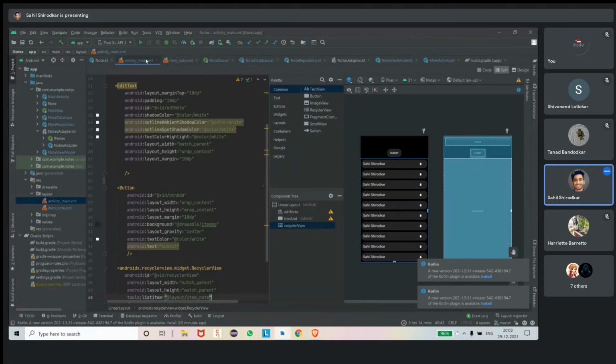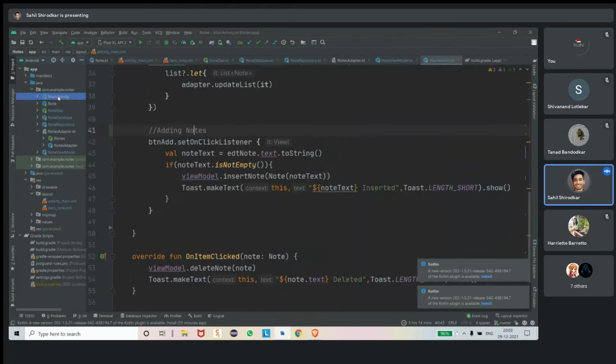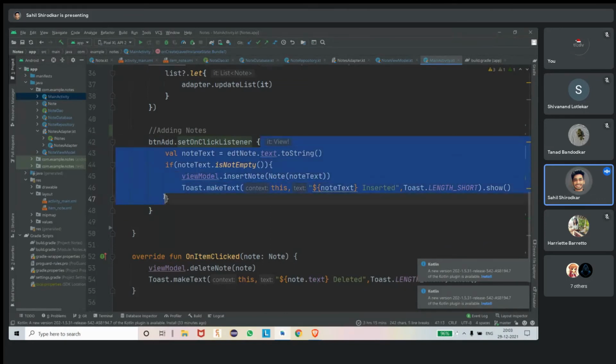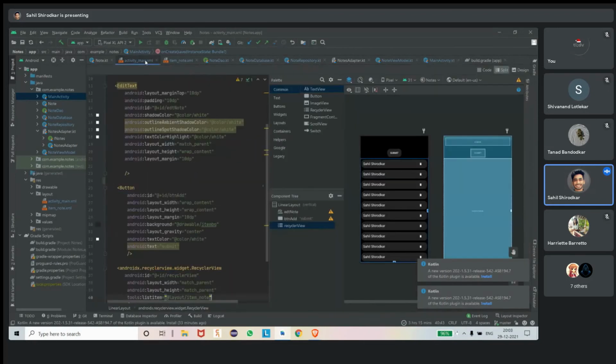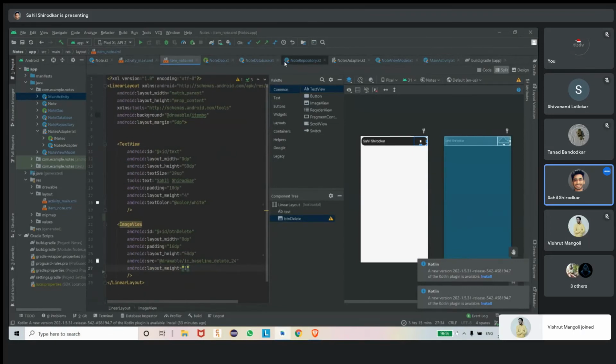Whenever the user clicks that button, we are running this set on click listener. That means whenever the button is clicked, this set of code will run. We are getting the string which he passed inside the edit text, whichever he passes inside the edit text.